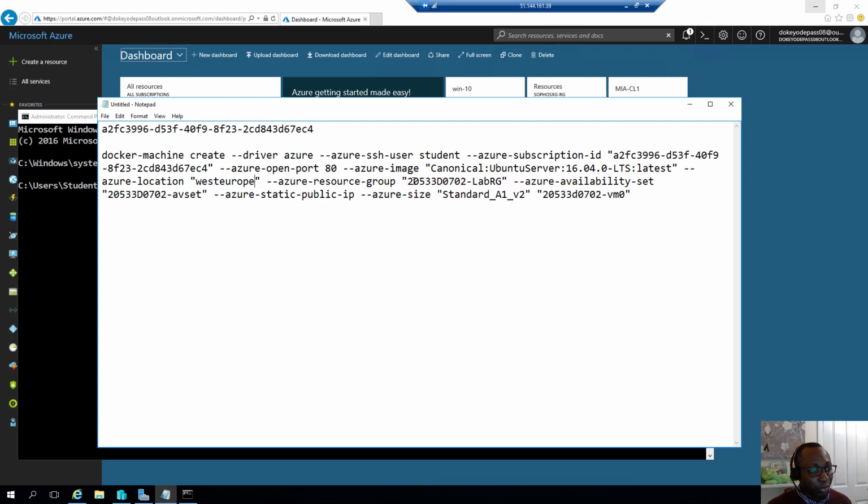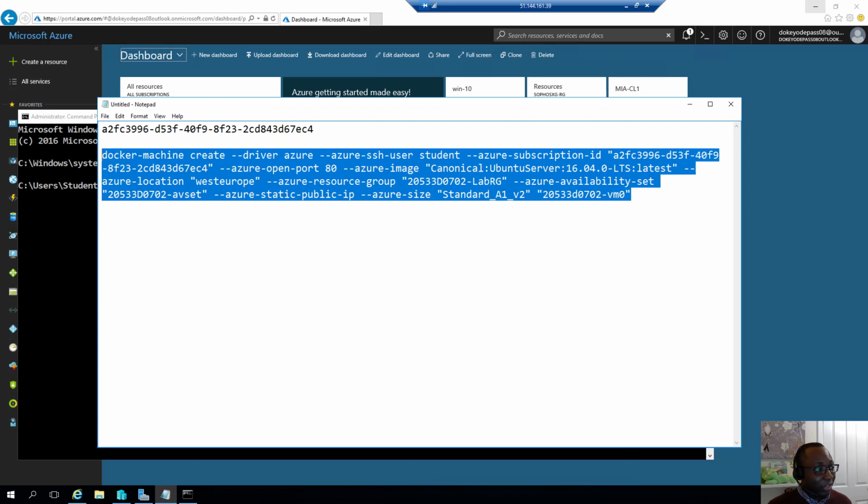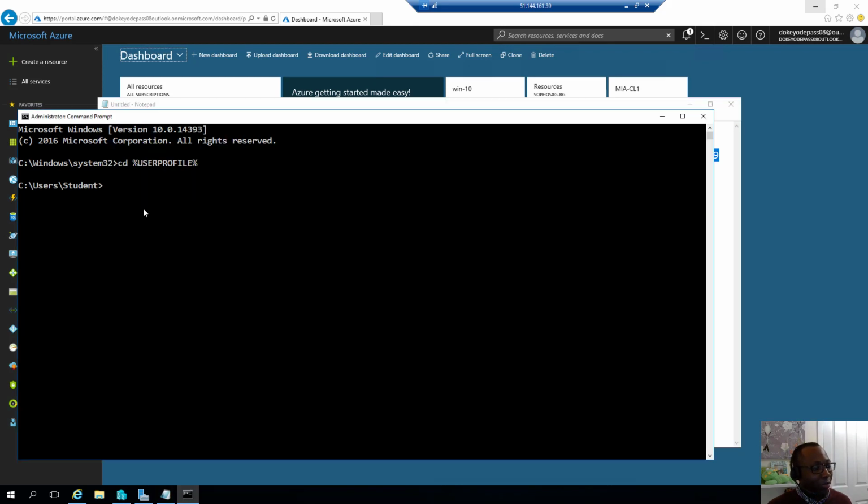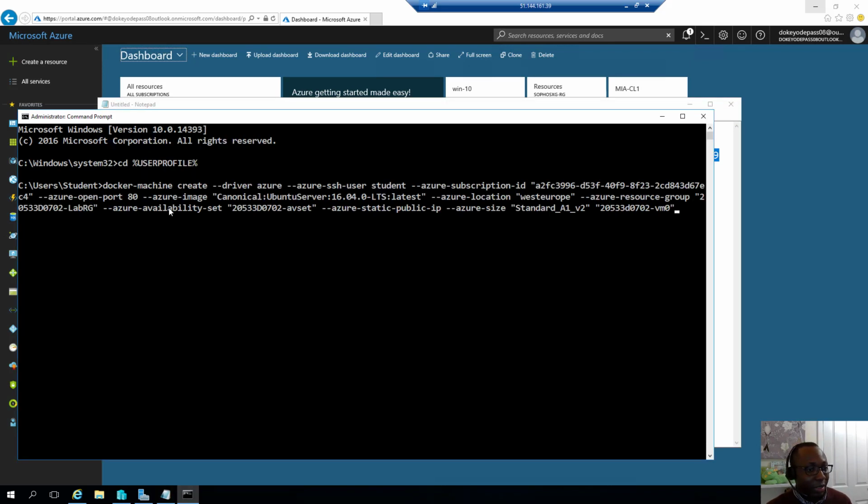Azure resource group is going to create a new resource group 0702. Availability sets, we're going to specify what it's going to create and then specify the size. And once we have that, we can go ahead and run this. Now, remember that I'm doing this from within command prompt using Docker machine on my machine. So if I press that and if I type enter to that,